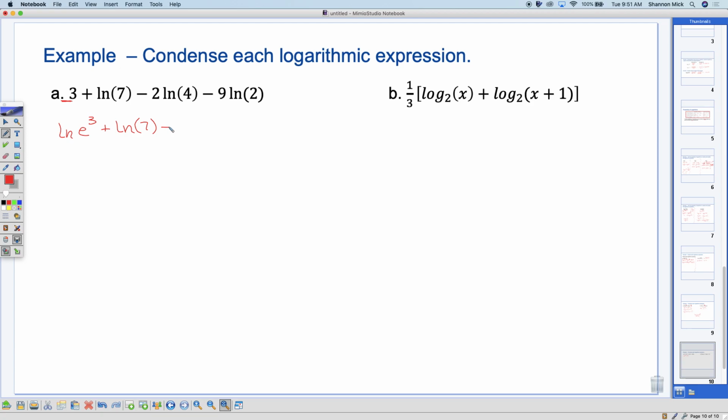And where does the 2 come from? It came from an exponent, the natural log of e to the 2. Okay, so natural, well, no, not e, 4. The 4 came from 2 squared. Okay? And where did the 9 come from? It came from an exponent of natural log, 2 to the 9th. Why did you put an e on the first one? Because the rule is